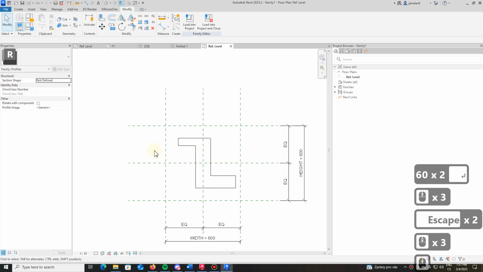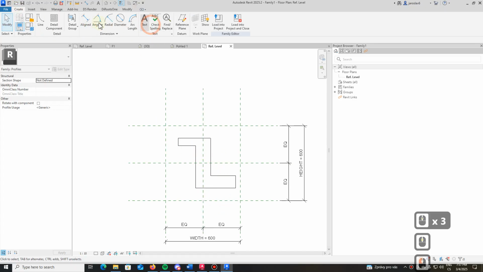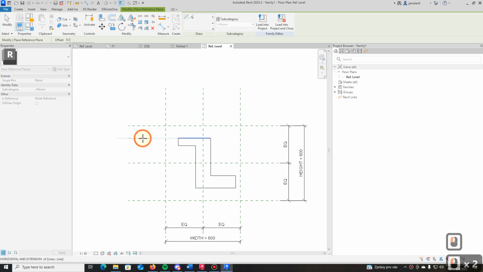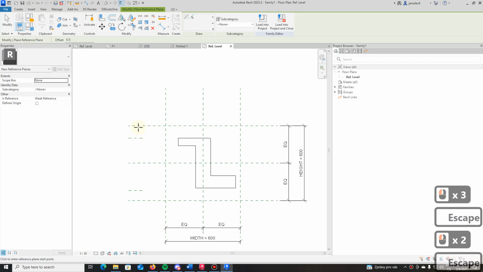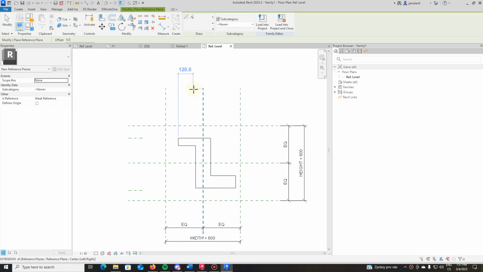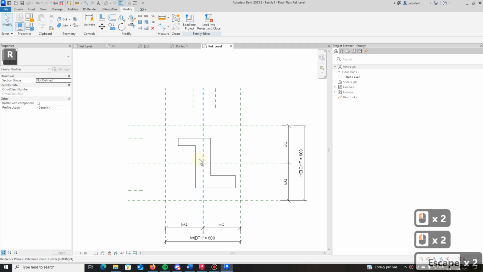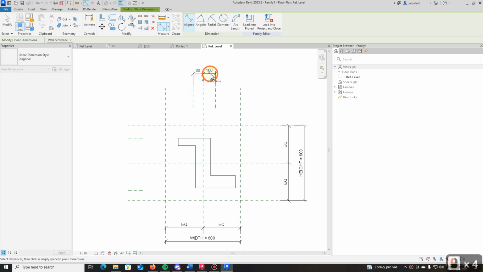and I want to also be able to change the thickness, so I add some more reference planes like this one, because I want to define this thickness and also this thickness. And then I want to define these two reference planes because I want to have same thickness here and there, but the distance from this center line should be the same. So something like this,